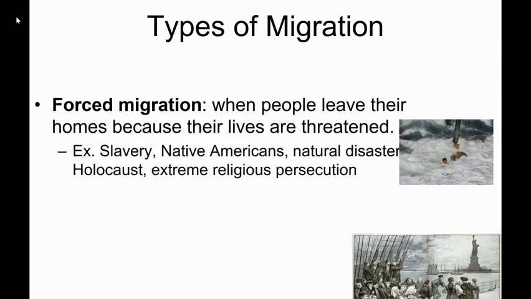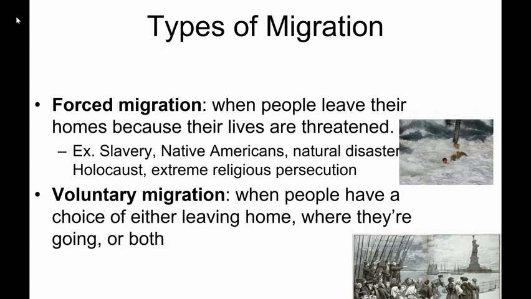Okay, so some examples of this. Obviously, slavery. What the United States government did to Native Americans, like the Removal Act of 1830, is a good example of this, where they forcibly removed the Native Americans at gunpoint. Natural disasters like hurricanes or tornadoes, world history examples like the Holocaust, any kind of religious persecution like the Amish were treated in Europe. All of those are good examples of forced migration.